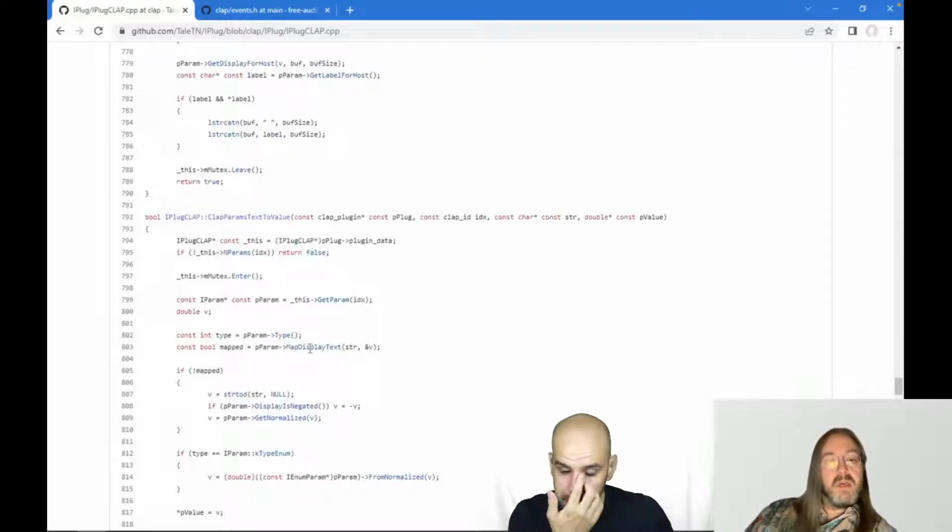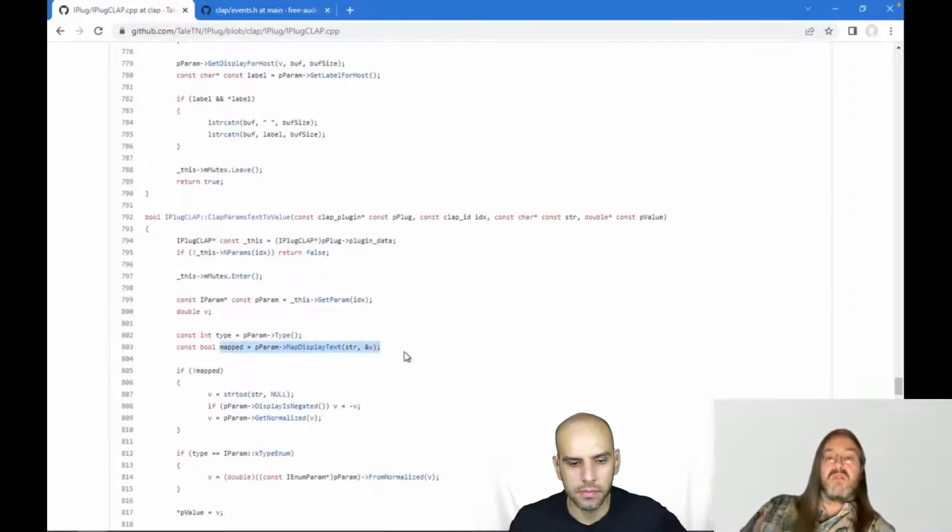And also in my iPlug, I have a function that can map strings to numbers for labels, but you can also type those labels and then it will convert it back to numbers. And that would not be possible if the host would already parse the string. So that's what I'm doing here. Oh, I see. So for example, you could define -60 as minus infinity or something.